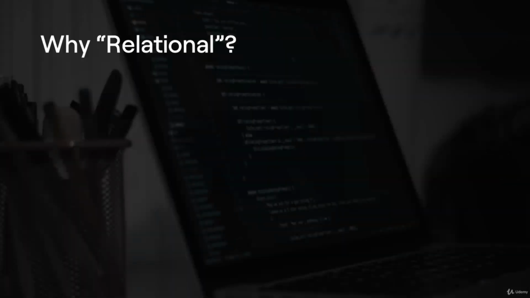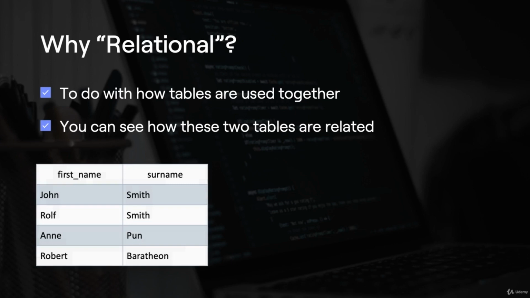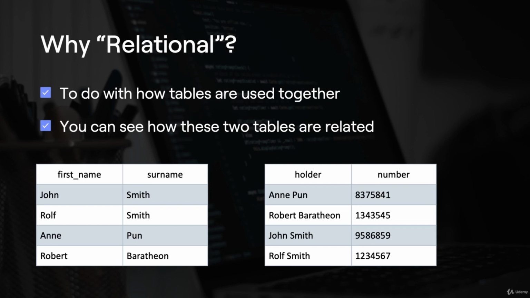So why relational? What does the relational term mean in the name RDBMS? Well, it's to do with how tables are used together. Obviously, for something to be related, you can see how these 2 tables here are related in a way. There are the first name and surname columns in the users table, let's call it, and an accounts table, and this one has the holder and the account number of the person. You can see how they are related because clearly John Smith, the first user on the left, is the third and has this account number 9586859. So these are tables, and SQL and RDBMSs allow us to follow that relationship and make it so that the relationship